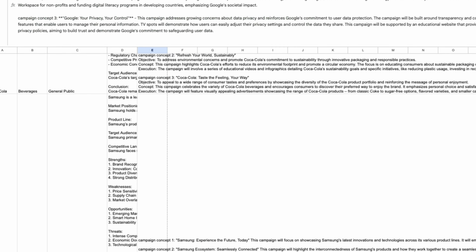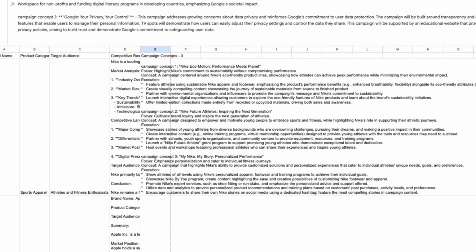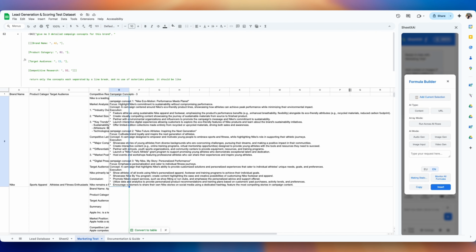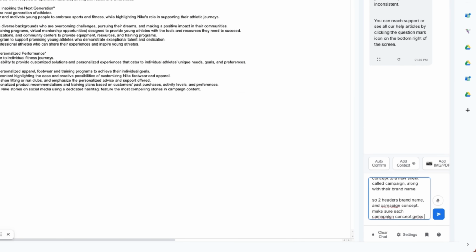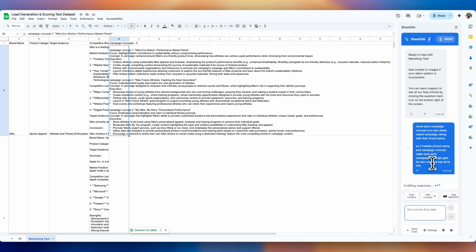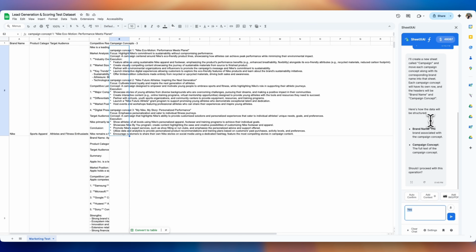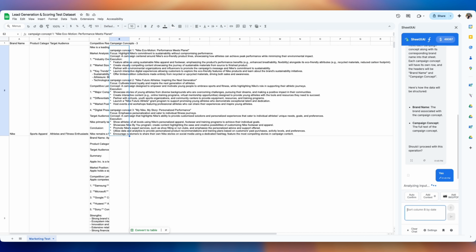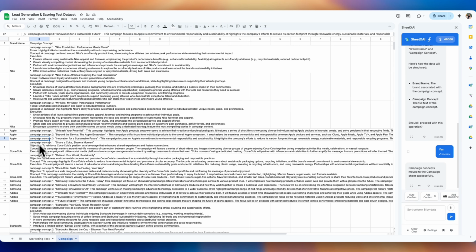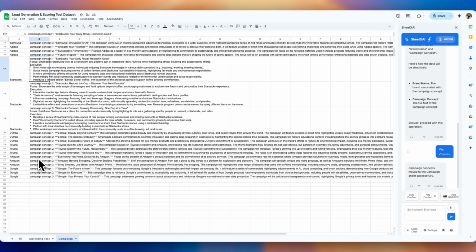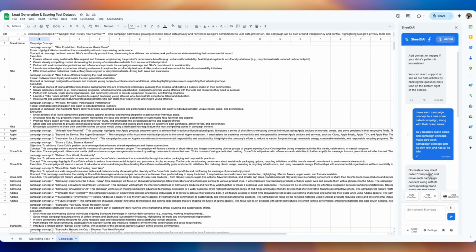Now, here's something that is very important: whatever prompt you do, especially when it's like this, you want to have a clear separator, right? You would notice that in all my next prompts, I would always ask it to have a separator between numbers because I later want to be able to put them in different rows, put them in different sheets, whatever it is, right? So here, I'm asking it to create a new sheet with each campaign concept in its own row. And once that was done, I decided to move on to the next step, which was to start creating the